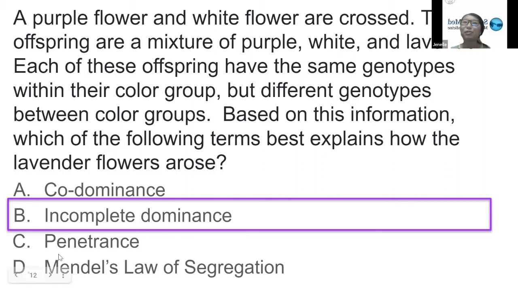And then thankfully no one chose Mendel's law of segregation, because lavender flowers and having this incomplete dominance is an exception to Mendel's original laws. And so that's why